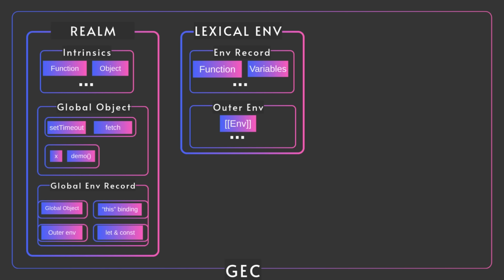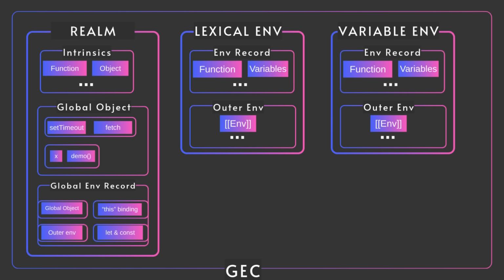The variable environment is quite similar to the lexical environment, but it specifically keeps track of variables declared using the var keyword and function declarations. During the creation phase, all var variables are initialized with the value undefined, while functions are fully hoisted and available for use. Meanwhile, the lexical environment handles variables declared with let and const, which remain in the temporal dead zone